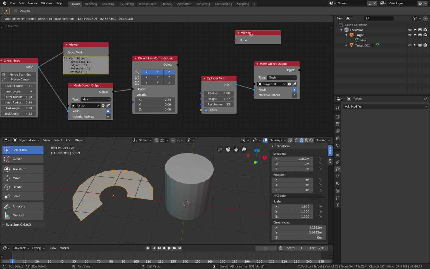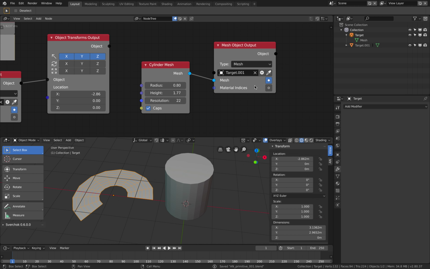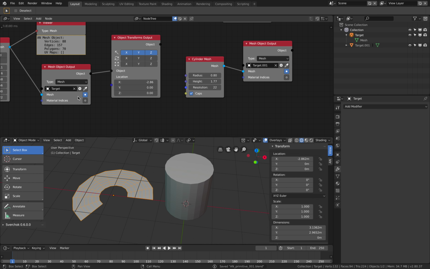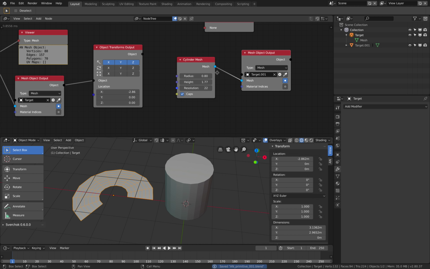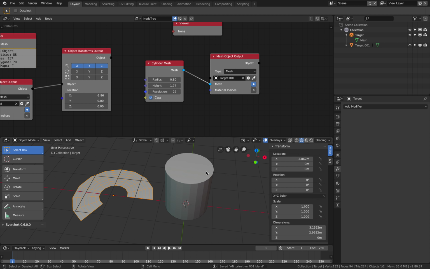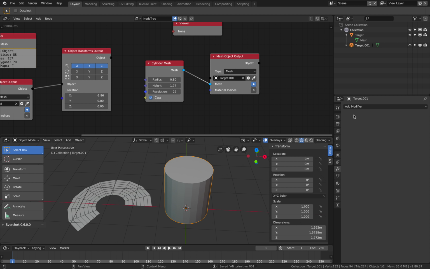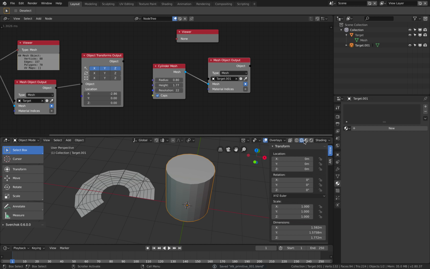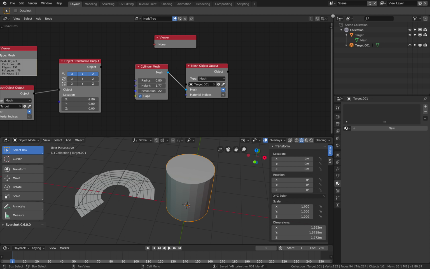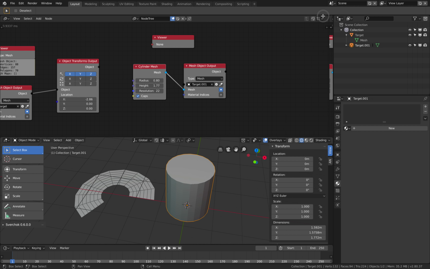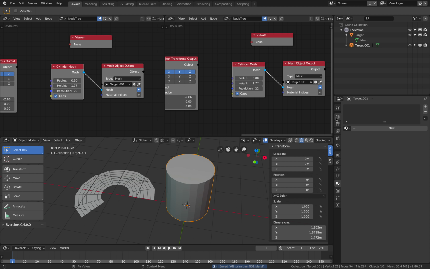But one thing you want to notice is this material indices. So this is also kind of new. Maybe that's something that I will talk about in another live noding. Material indices, because each object can have multiple materials, right? Remember that. And with multiple materials, you can assign material indices. So that's very important. With a cylinder of animation nodes, you will see it's not as robust